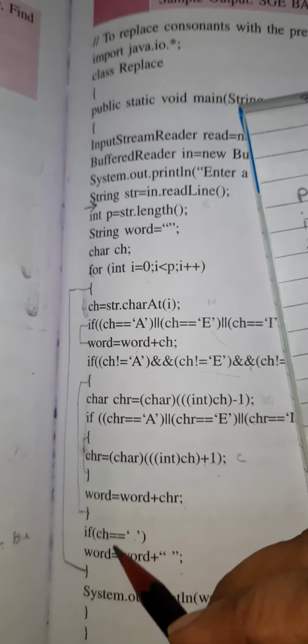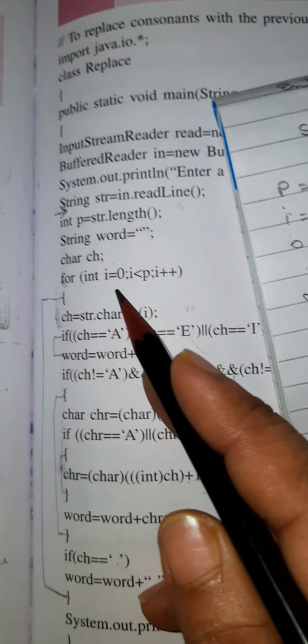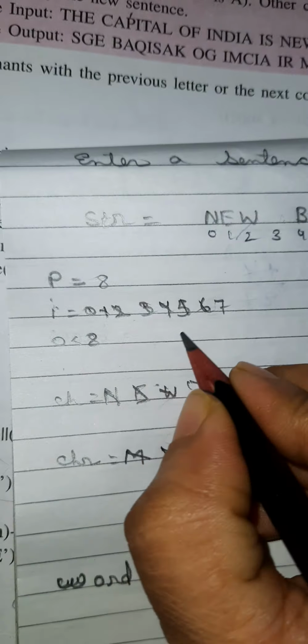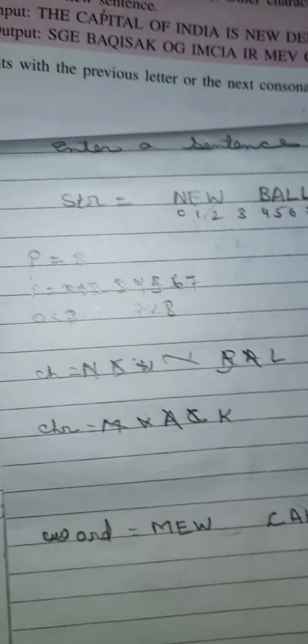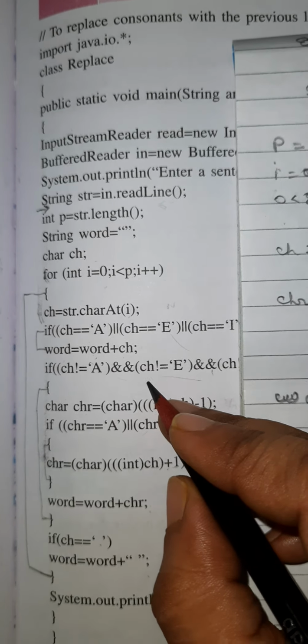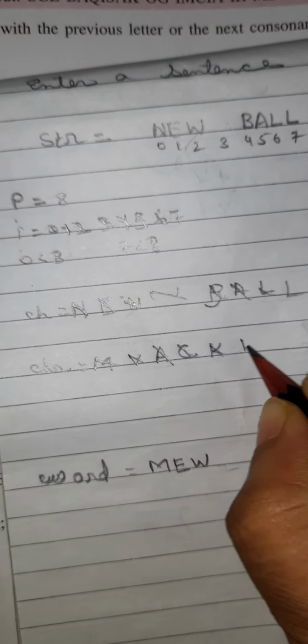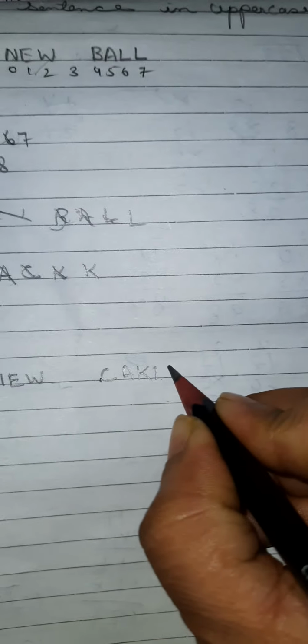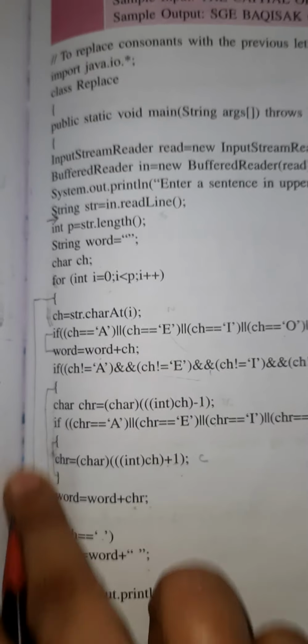Then I will change to 7. So I is now 7. So 7 is less than 8. Condition true. It will come here. Again the same thing. At position 7, L is there. So here it is not a vowel, so it will come to this part. It will change to K, the previous letter. After changing also it is not a vowel, so it will not do plus. Instead of that, here it will come. It will write K. It is not a space, so it will come here.